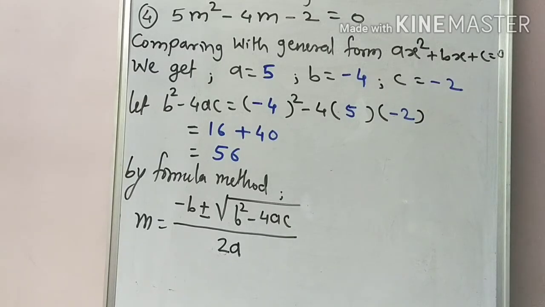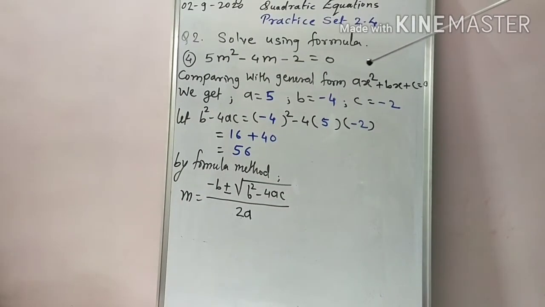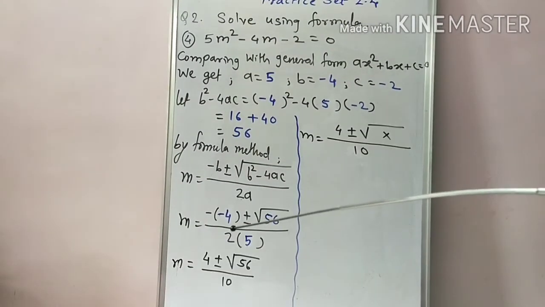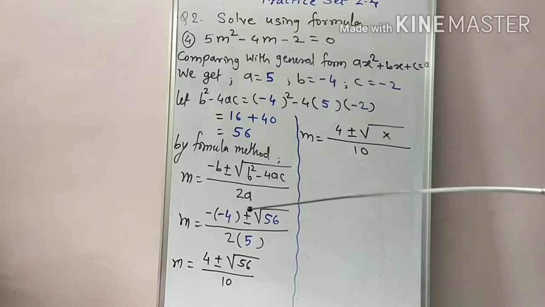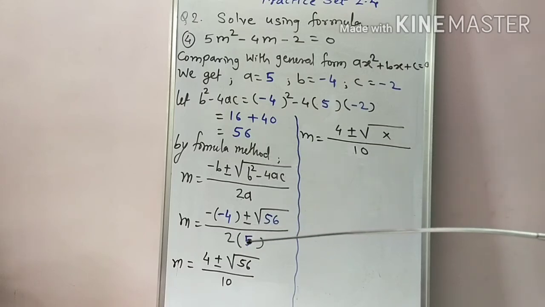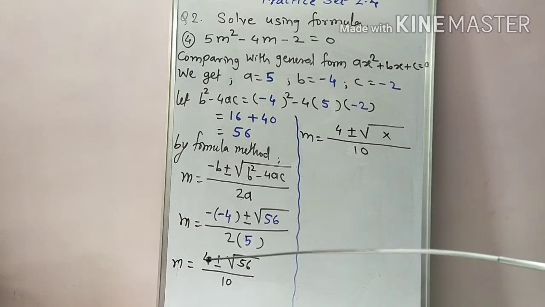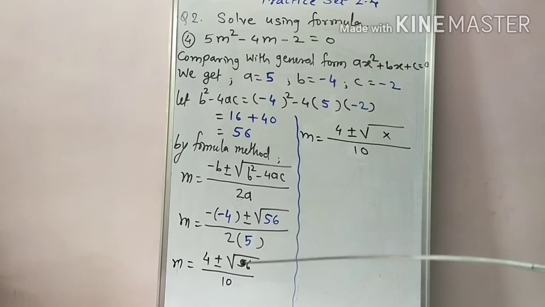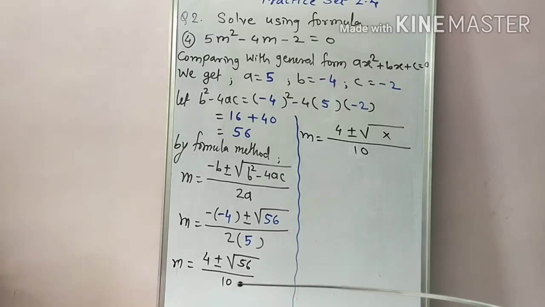Okay, so put the values and do try it, students. Like this, here we substitute those values. Minus b means minus of minus 4, plus or minus discriminant value 56, divided by 2 into a, means 2 into 5. Okay, so minus minus, here that product is plus 4, so we write down 4 only, plus or minus the discriminant value as it is, divided by the product, which is what, 10. Okay, so this is our answer.